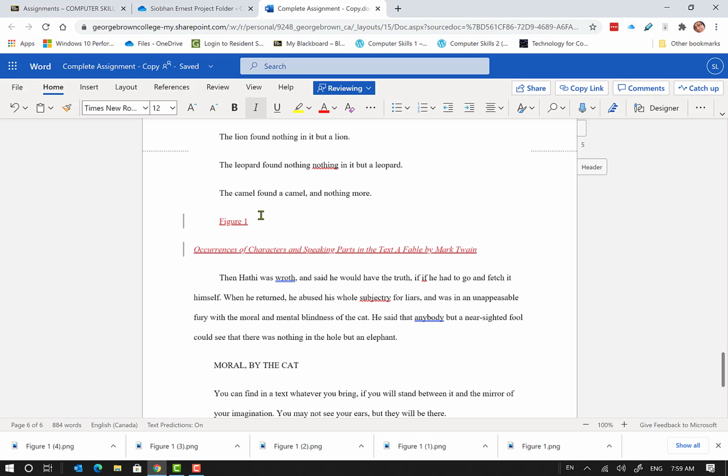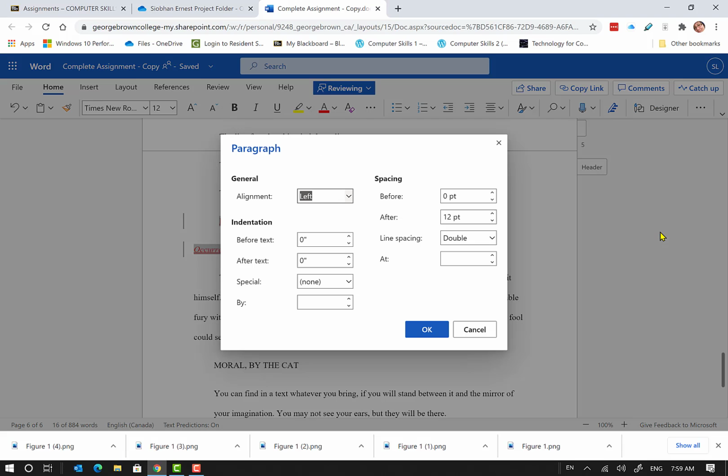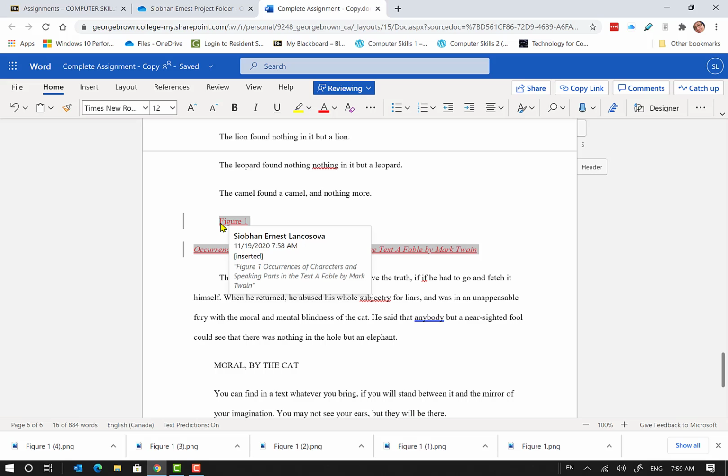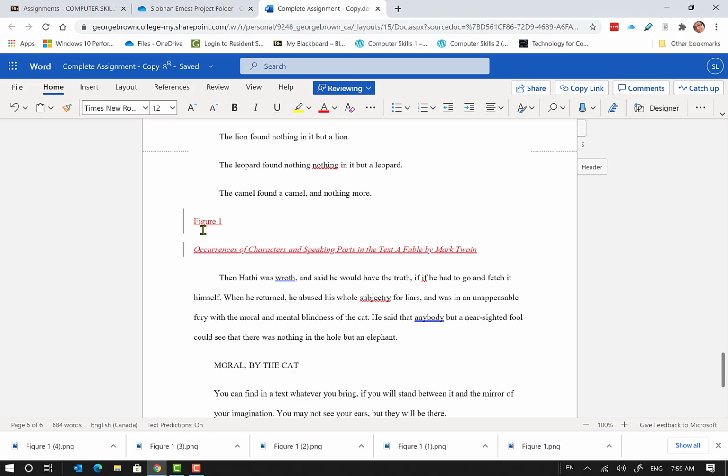Again, I want to remove the first line indent from this text, so I'm going to highlight these two lines that I've just typed, and on my home ribbon I'm sliding across to the 3 dots, paragraph options, and I'm setting the special indent to none for both lines. Or I can simply click and press the backspace key to line up the name and the title with my left margin. I want to bold this title here,